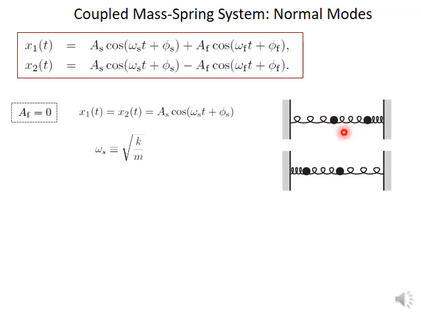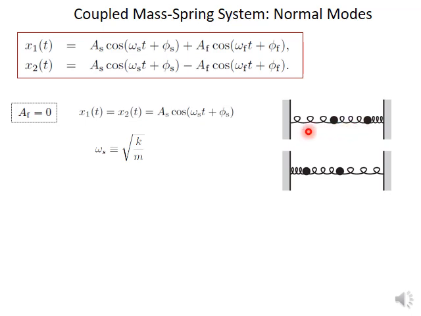So if this mass is displaced towards the right by a certain magnitude, this mass would be equally displaced by the same position, and some other time you can have a displacement of this mass towards the left and displacement of this mass towards the left with the same magnitude. So this kind of